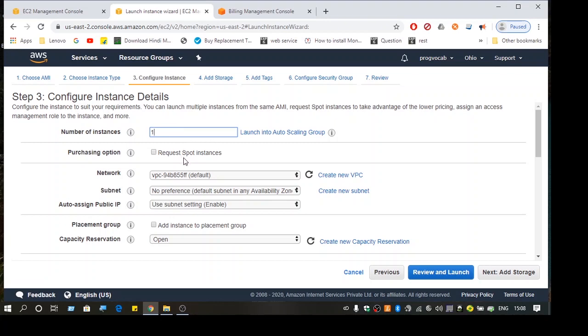You must be aware of the CIDR. For each subnet you'll have an IP range, and the instance can choose from the CIDR block, so any IP can be assigned to it.